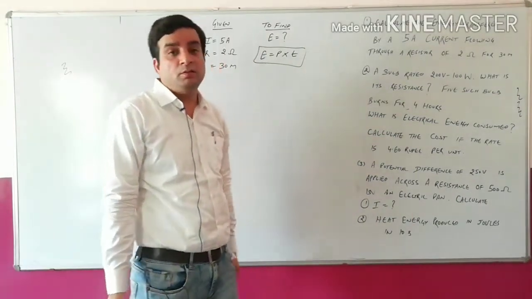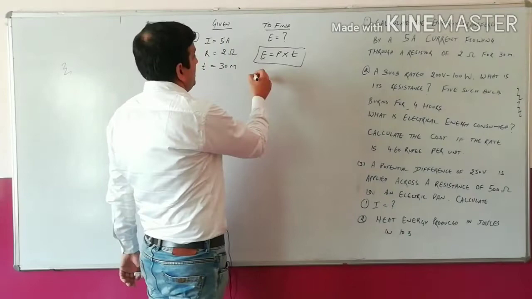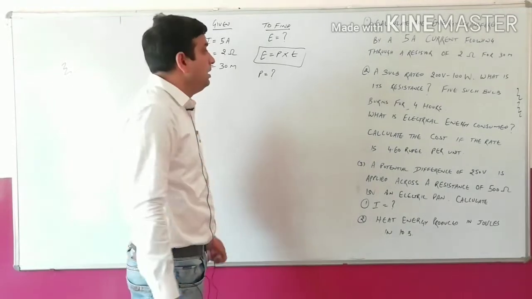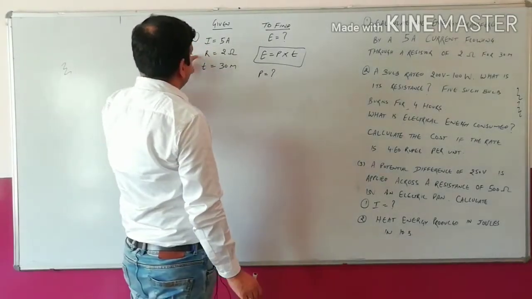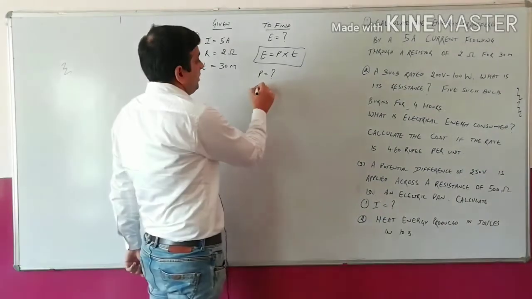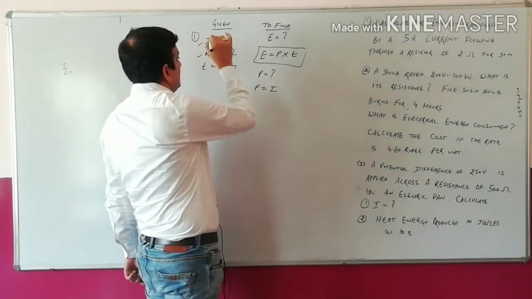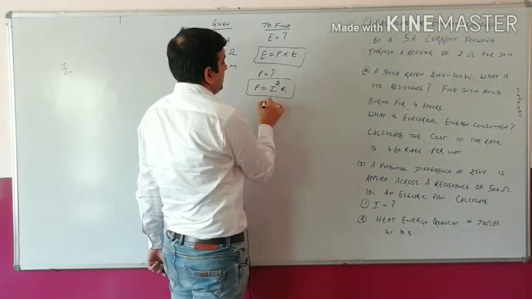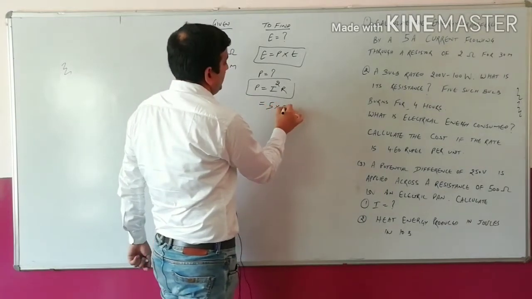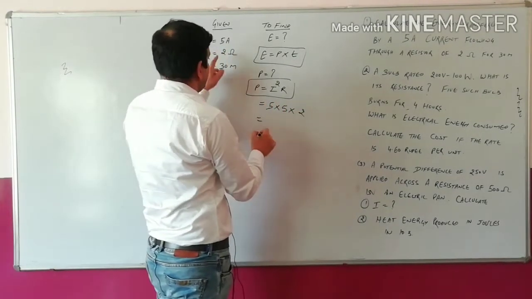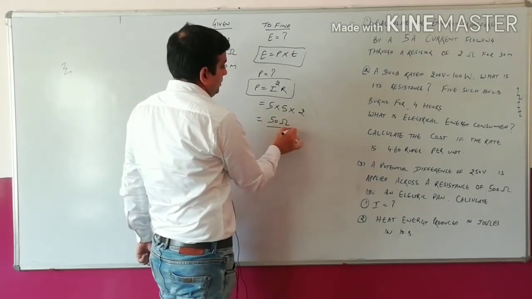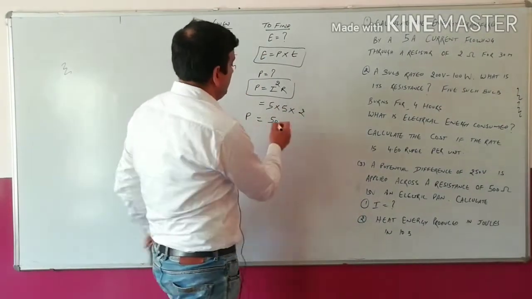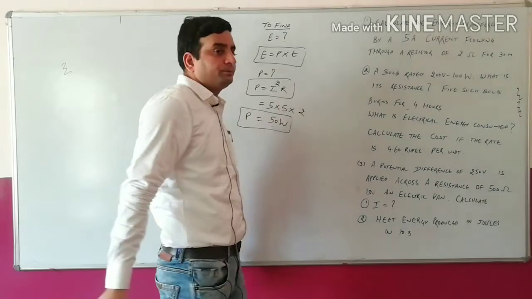So to calculate energy, what do we do? Power into time. So first we have to calculate the power. How can we calculate the power? Power can be calculated according to the given values. The given values are the current flowing through the resistor and the resistance. So we will use I square R. The value of I is 5 into 5, and the resistance is 2. Sorry, we don't have to write the ohm. Power is given in watt.